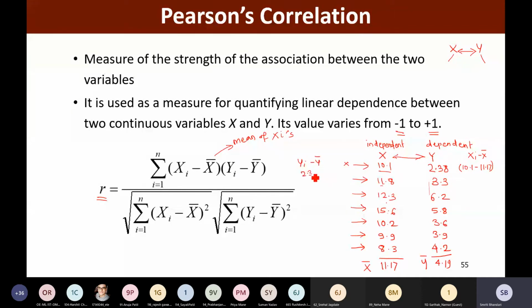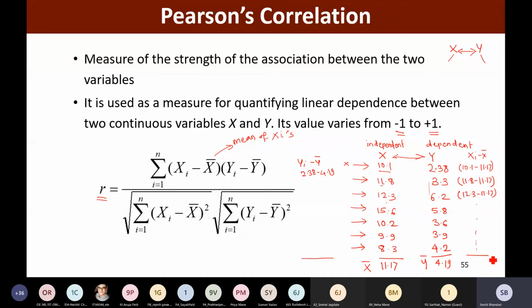So 2.38 minus y bar, 4.19. Similarly, for every example we are going to compute 11.8 minus 11.17, then 12.3 minus 11.17 and so on. So this is how we are going to compute xi minus x bar and yi minus y bar.